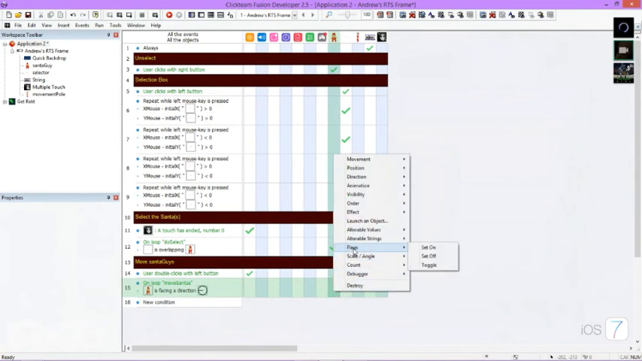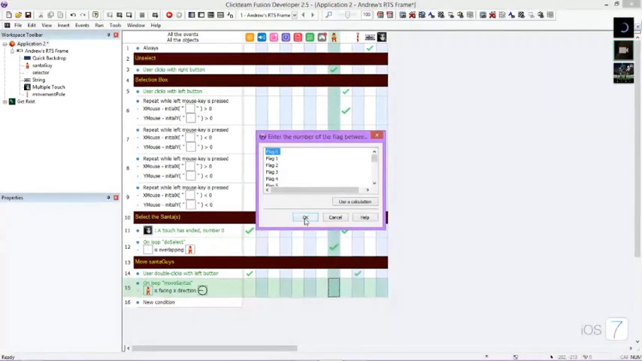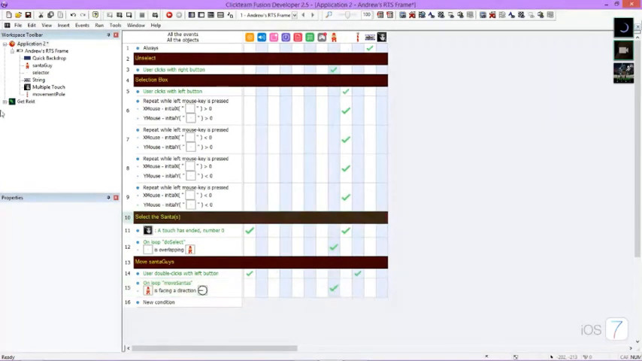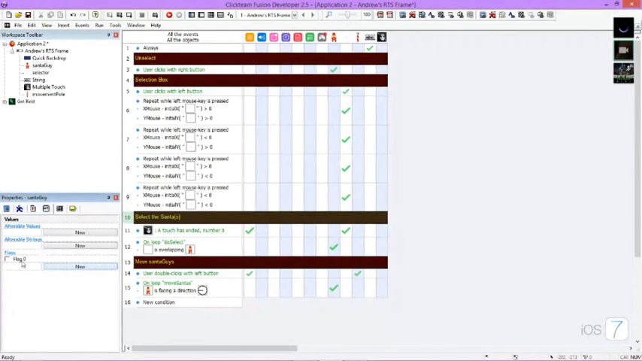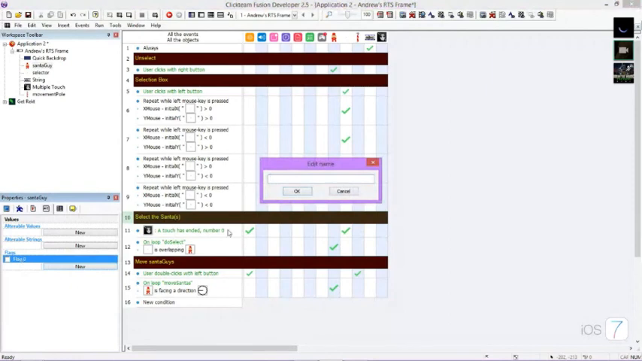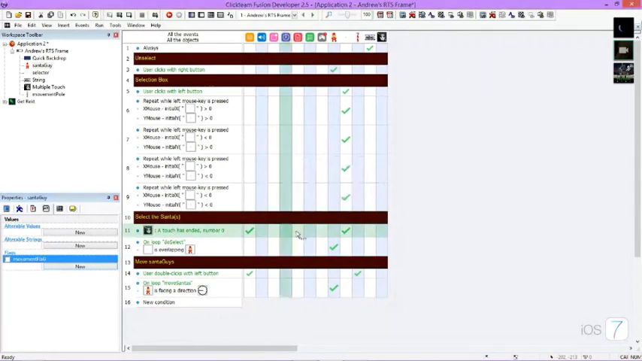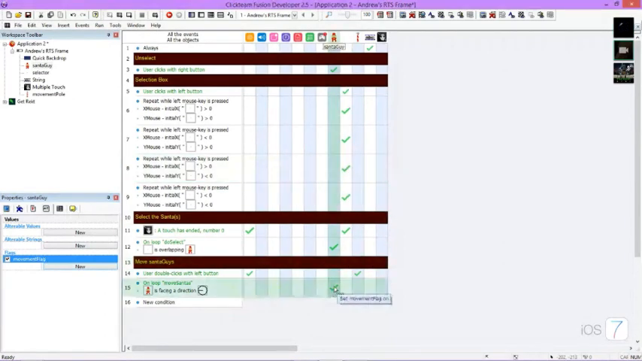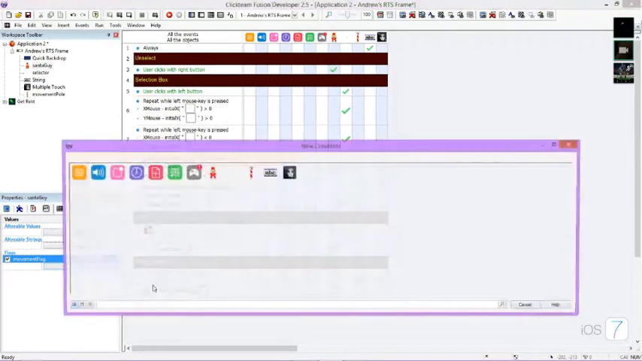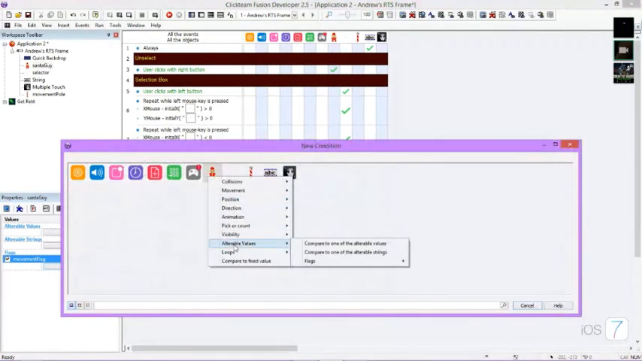So a flag is Boolean in Fusion, zeros and ones. We'll set flag 0 to on. Recently in Fusion, we were able to declare flags, so we'll give that flag a name, and we'll call it movement flag. That's irritating me, the capital G. Okay, there you go, set movement flag on. And then we'll say if movement flag is on,